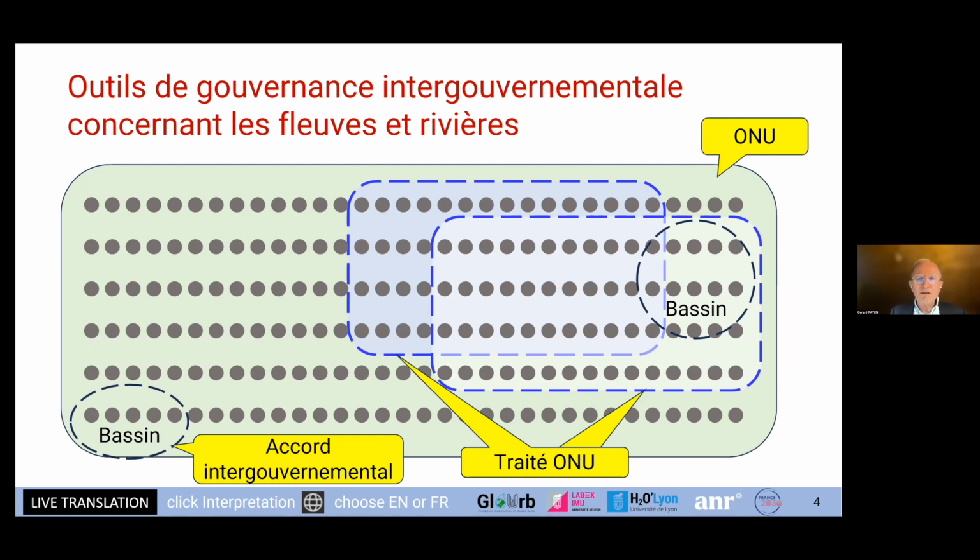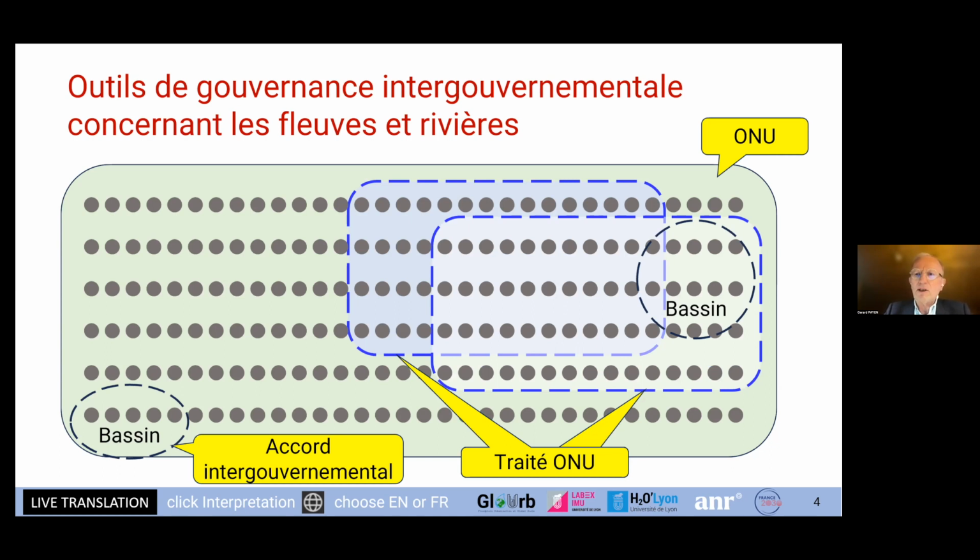So at global level, as you know, there are 200 countries that are all autonomous and sovereign. And we can see them with these gray dots. These countries are located in specific areas, and they're part of a club. They're part of the United Nations, and that's the big green rectangle that represents the United Nations. But there are two other ways in which countries interact at international level when it comes to water. On the one hand, there are international treaties.